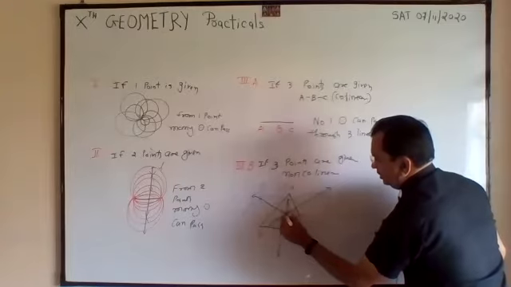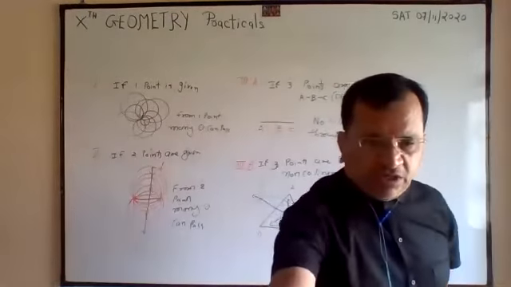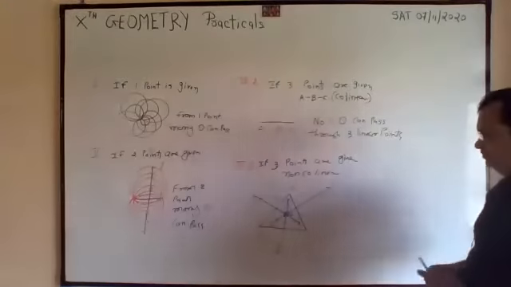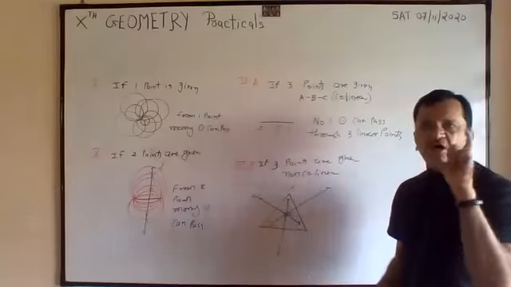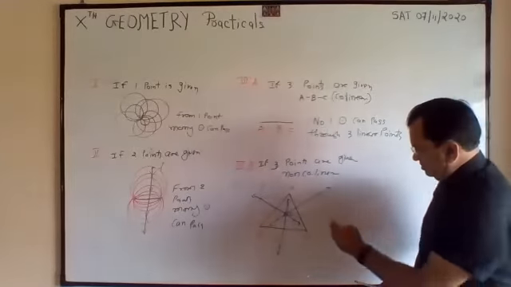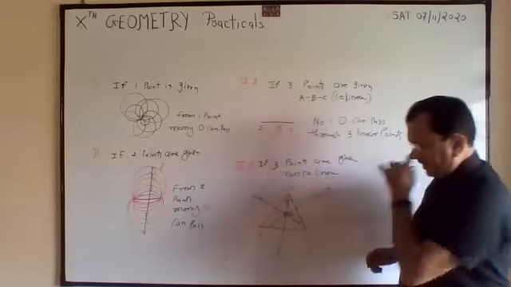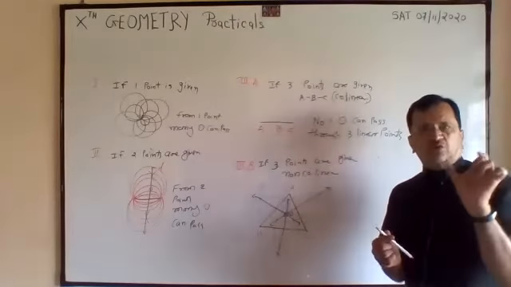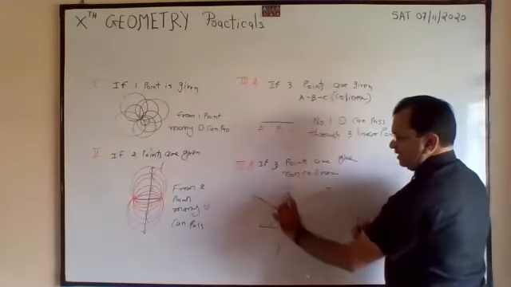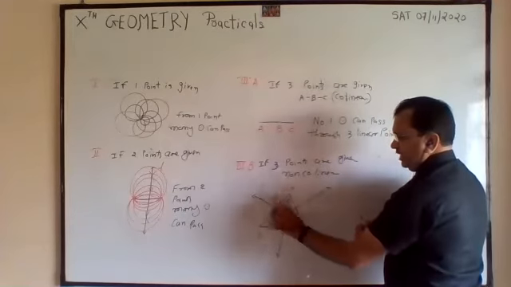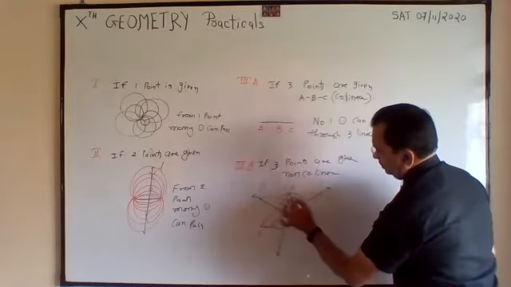Now this is your center. From C to A or from C to B or from C to C. Sorry, I have to write O point because C is already used. So O to A or O to B or O to C, you have to take the distance as a radius. Compass point on O, pencil point on A, B or C. Then you can complete the circle.